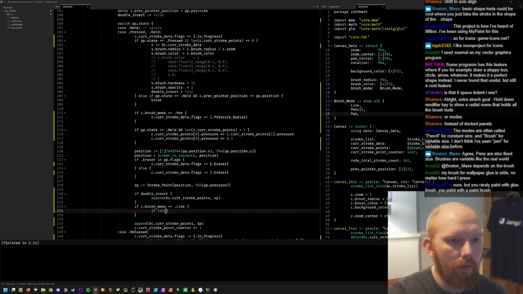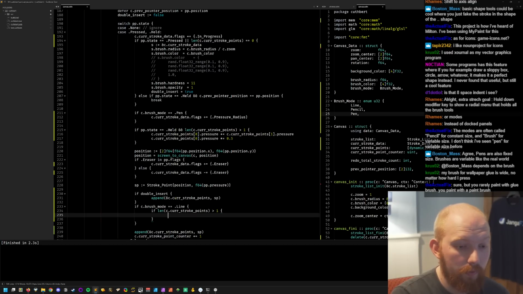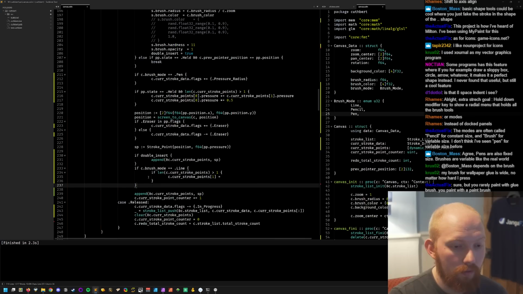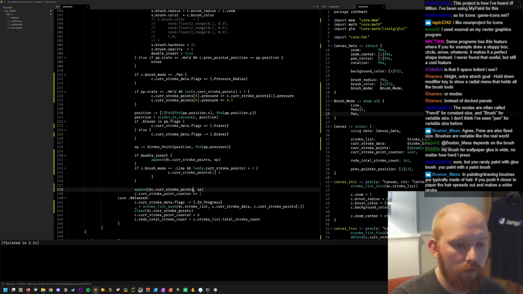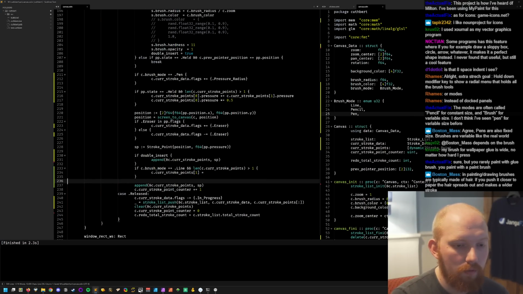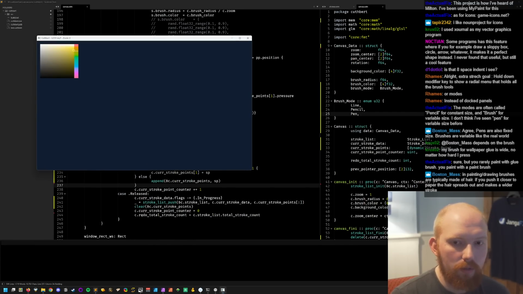So we need to figure out if the current stroke points is greater than 1, we never append it. We just keep, so if we're in line mode by default,